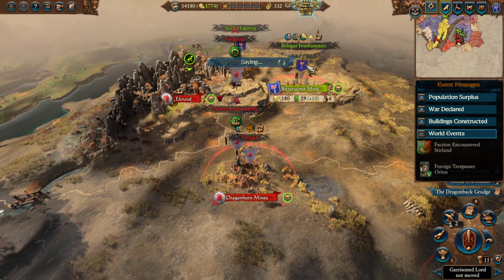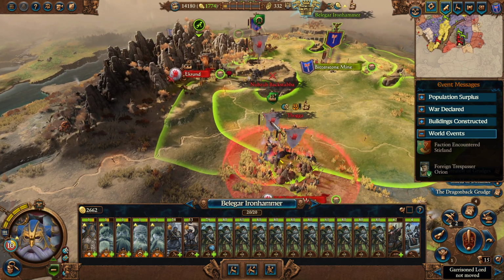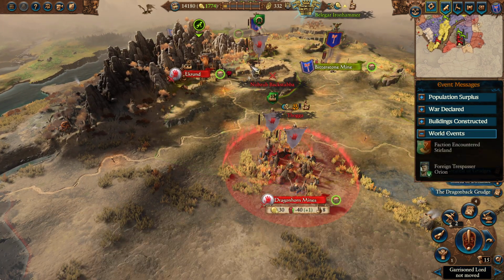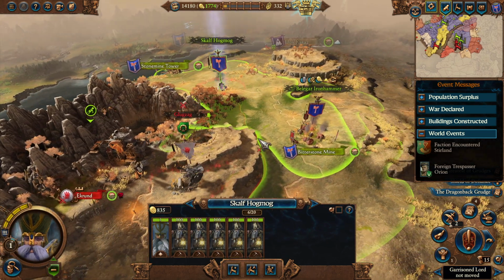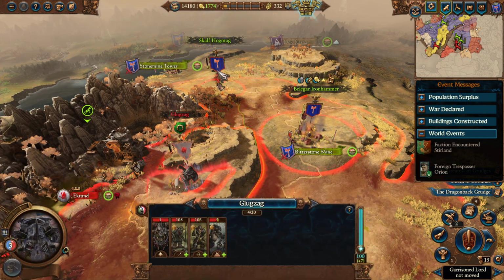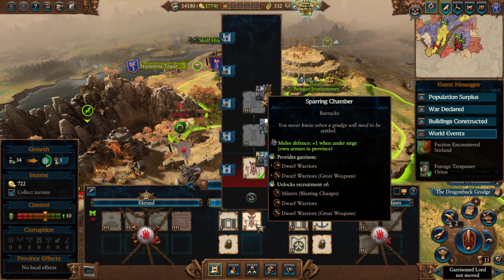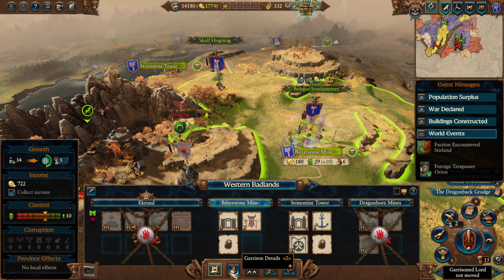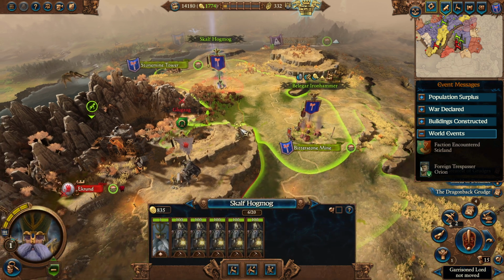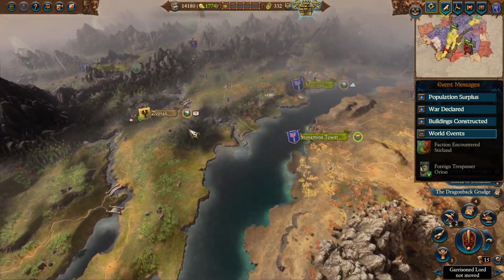Yeah, he's gonna move to protect Dragonhorn Mines instead, which is interesting, because we can have Belegar move down and kill him, whereas then we can move Skaff Hogmog to protect Bitterstone Mine from this tiny little army. It is a tiny army, but it probably would be able to take Bitterstone out. Yeah, alright. I'm really glad I built this army. It was kind of a spur-of-the-moment decision. Anyway, unfortunately with that, I think...